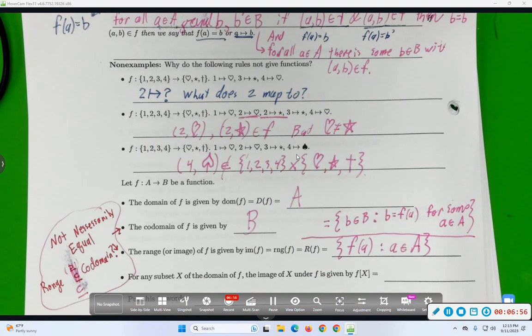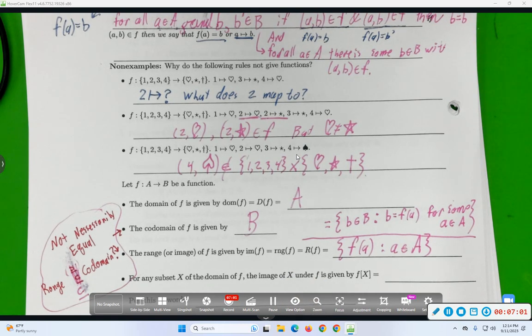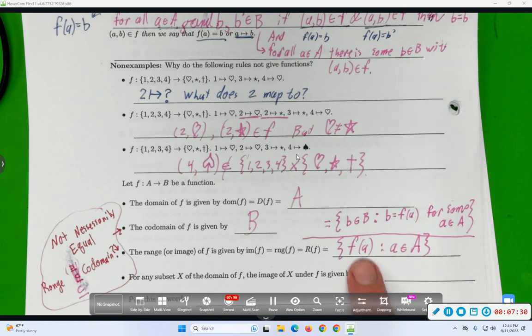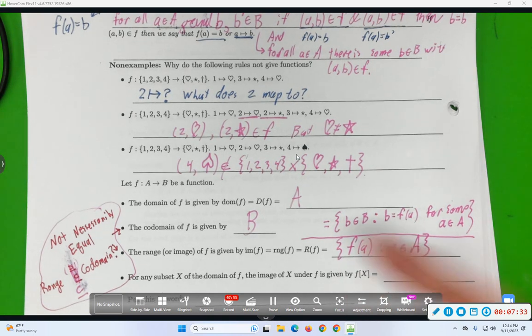Cool. So, here's a thing that's going to look familiar given the definition of the range. If I give you some subset of the domain, say there's a set X, the image of X under the function f is all the outputs that correspond to an input in X. Let's put that in formal language. So it's a set of outputs, the set of things that look like f of a,